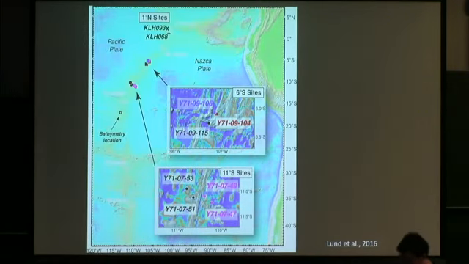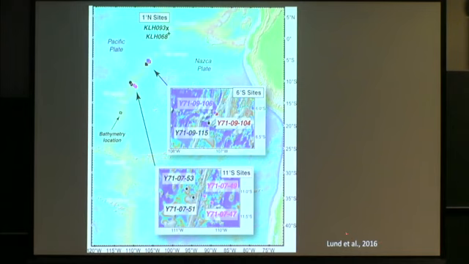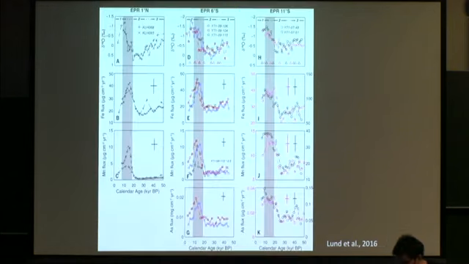Even more recently, there's this paper from Lund et al. looking at the Pacific rise, and this again is a very interesting idea. They looked at hydrothermal sediments that were deposited around vent fields on the Pacific ridge, and again there's a strong temporal variation. For example, if you look at the iron flux as recorded by the sediments, and this is showing calendar age, going from old here to young here, the grey bar here is roughly the time of deglaciation